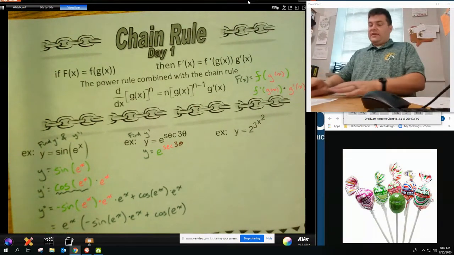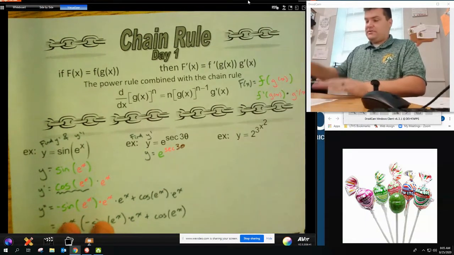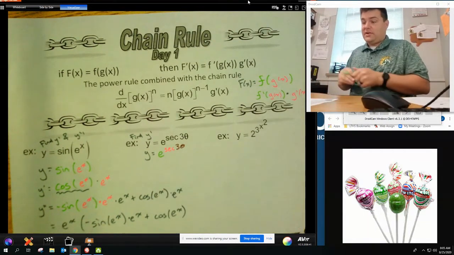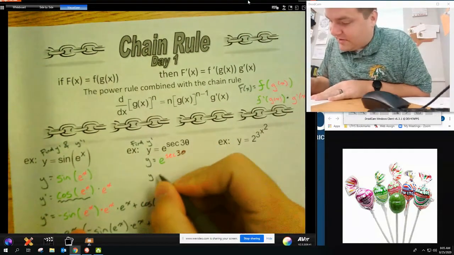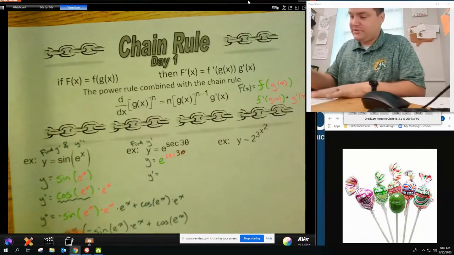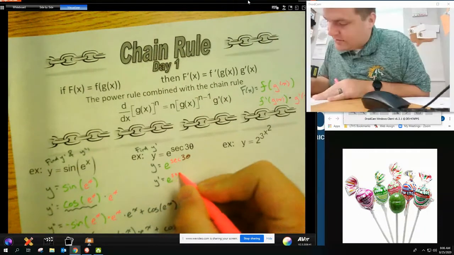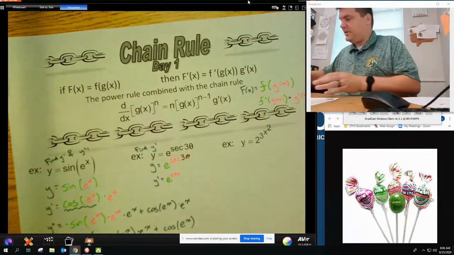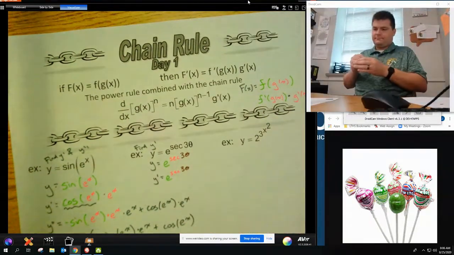Okay, so to do this, you're going to take the derivative first of the outside of the green candy coating. So what is the derivative of that green candy coating? It's going to be just e to the whatever it is. So it's going to be e to the, and then it stays the same. So this is going to be e to the secant of 3 theta, okay,